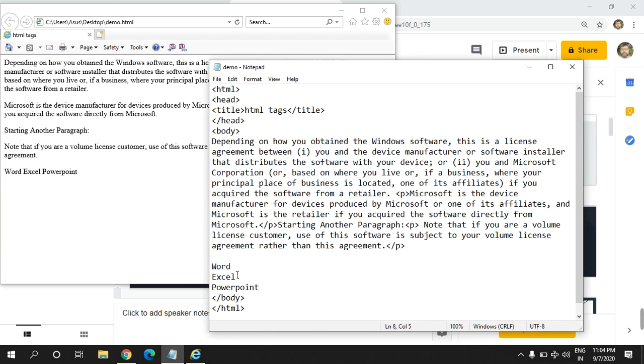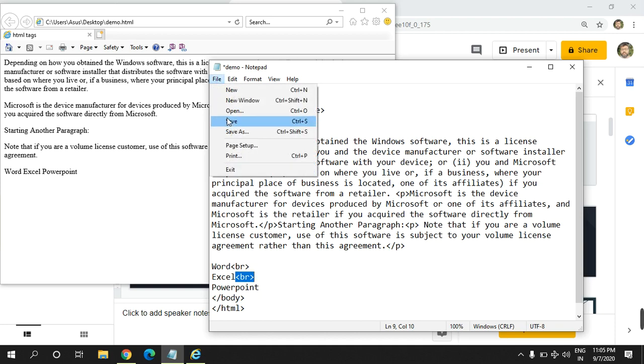So what we have to do is put the BR tag after the words to display them on different lines. Here you can see I have entered BR after the Word and after the Excel, and now we will save and see what the output will be.